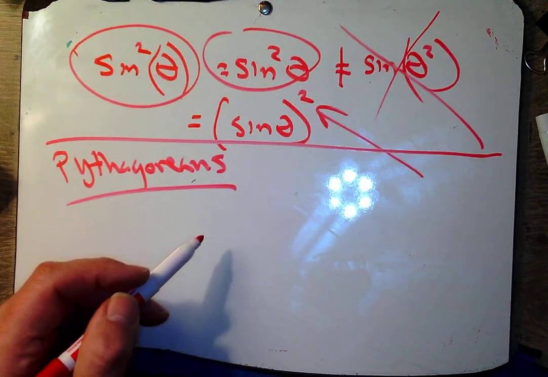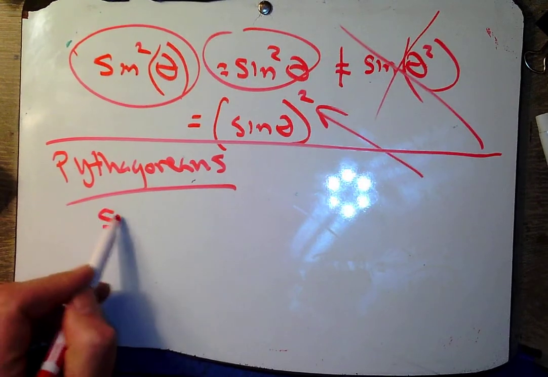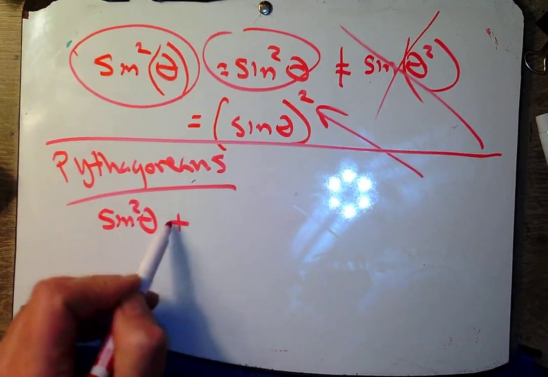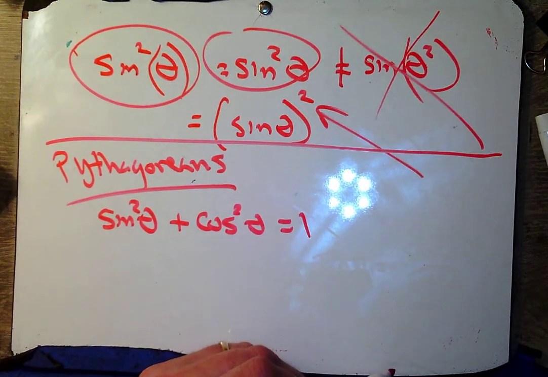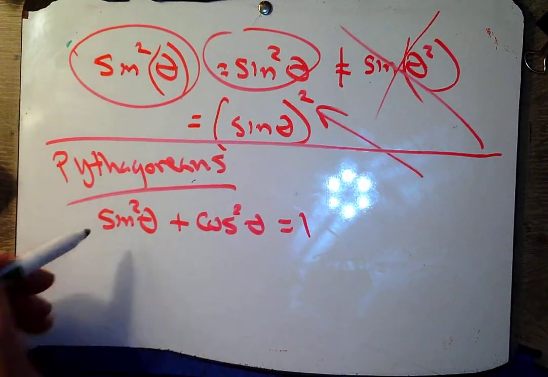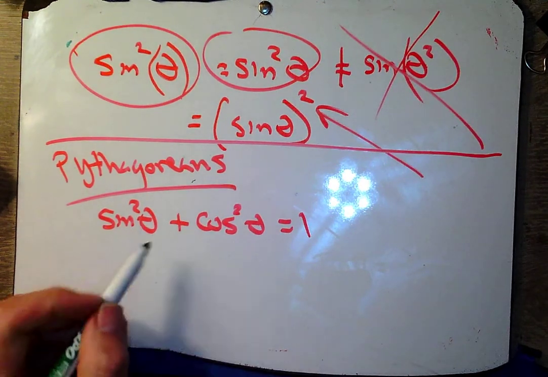What are our Pythagorean identities? Well, I derived these, I believe, in an earlier video. So I'm just going to write them down now. Sine squared plus cosine squared equals 1. And remember, you need to know the other versions of this. And by version, I mean like